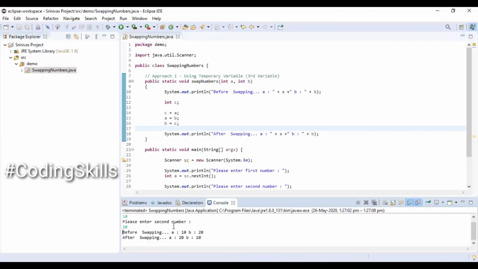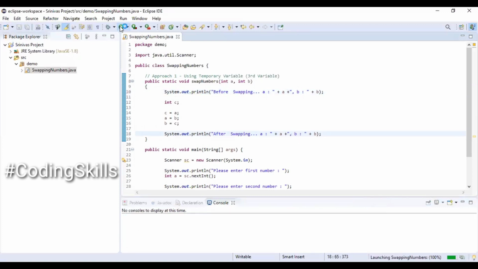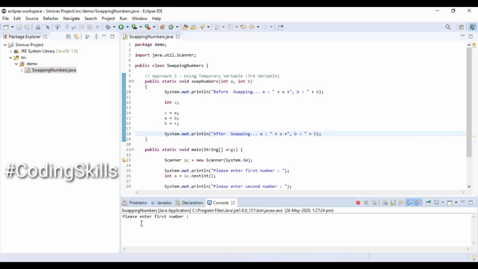So 10 and 20, and you could see that it is 20 and 10 after performing the swapping. I'm just adding a comma for better readability, executing again with a different set of values.